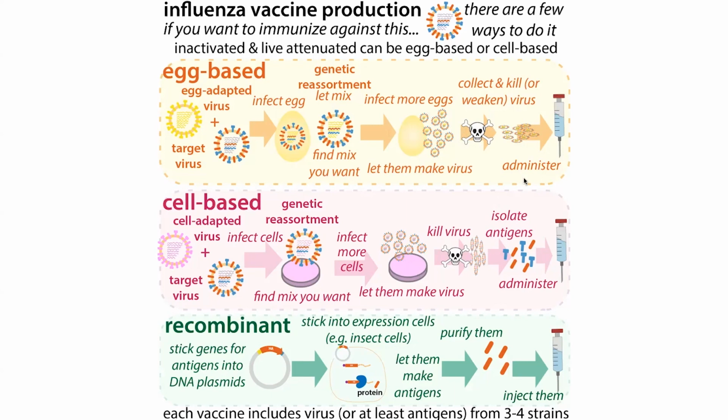Some pros and cons of the cell versus the egg-based. Basically, traditionally the egg-based are used. It's cheaper and conventionally used. Some people are allergic to eggs, and so then they might want to use a cell-based vaccine. Another reason why cell-based vaccines sometimes have a potential benefit is that with the egg-based vaccines, you're growing the